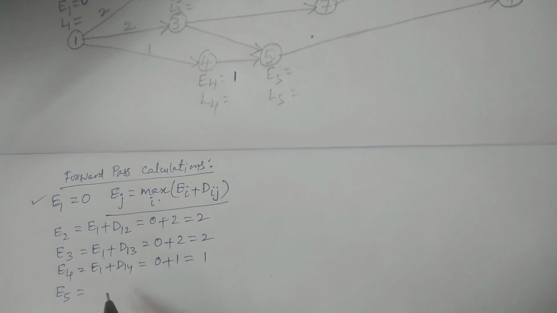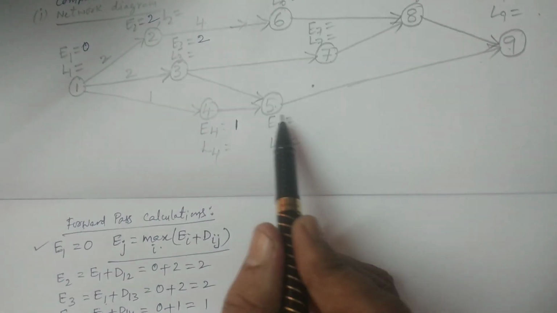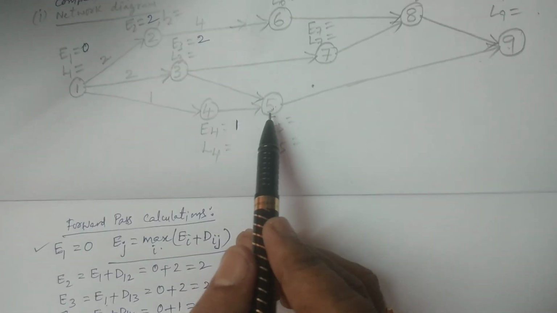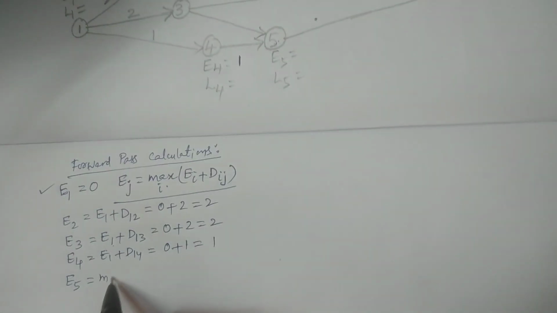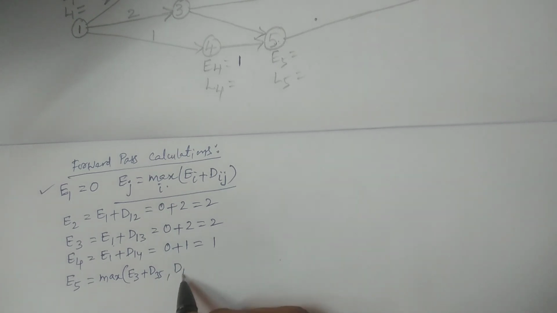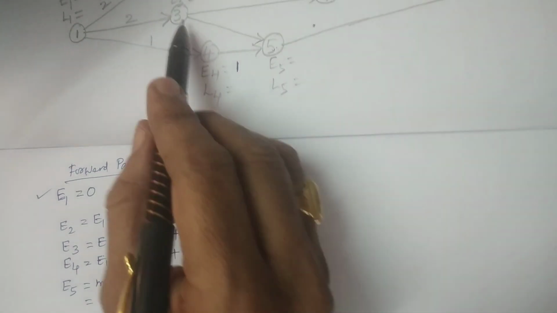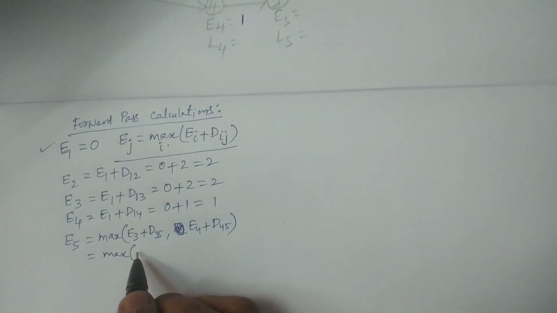Okay, and then E5, going one by one. To calculate E5 we have two connectors, from 3 to 5 and 4 to 5. Observe the figure clearly, 3 to 5 and 4 to 5. So I'm using the maximum formula: the maximum of E3 plus D35 and E4 plus D45. E3 is 2, so it is 2 plus